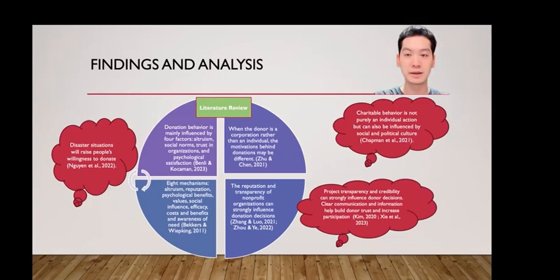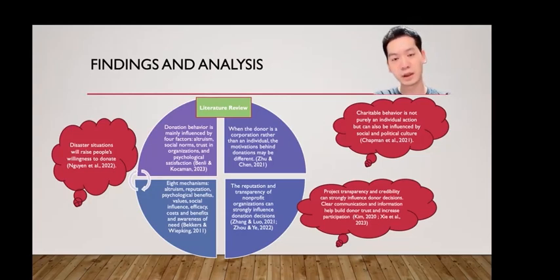Second, Bakers and Webkin further identified 8 mechanisms that influence charitable giving. These include altruism, reputation, psychological benefits, values, social influence, efficacy, costs and benefits, and awareness of need. This research found that donations are usually influenced by several motivations at the same time rather than by a single factor. In other words, donors are usually motivated by a series of different influences, such as personal values, social influence, and trust in nonprofit organizations.